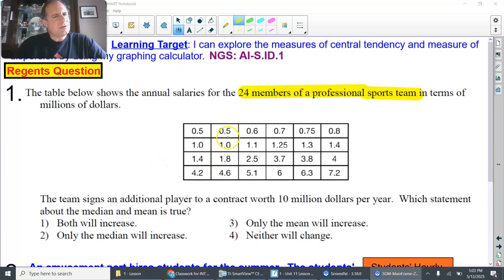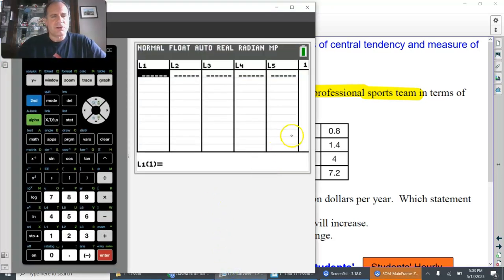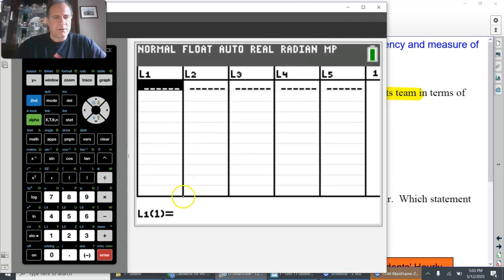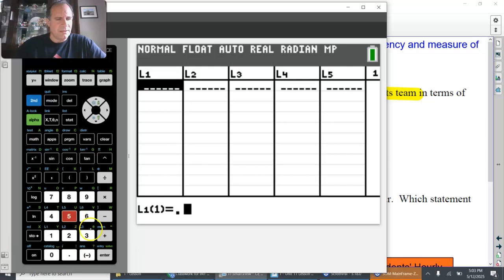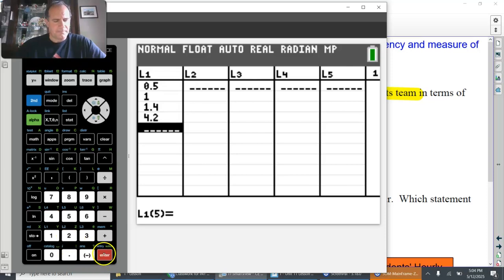With this next question, the 24 members of the professional sports team, all of these numbers go directly into the calculator in one list. So I'm just going to bring up the calculator and put all of those numbers in one list. So 0.5, 1, 1.4, 4.2, 5, 0.5,